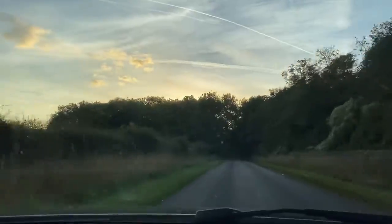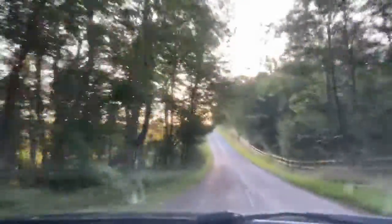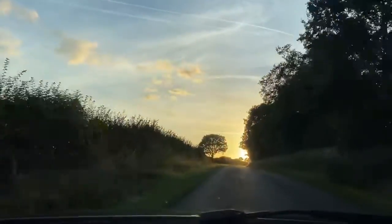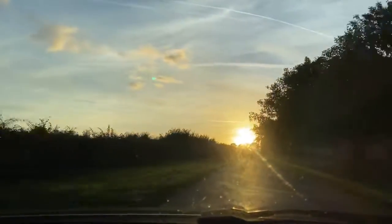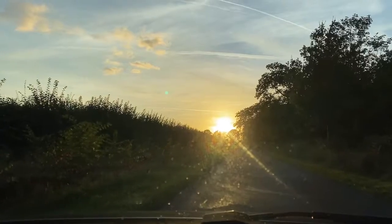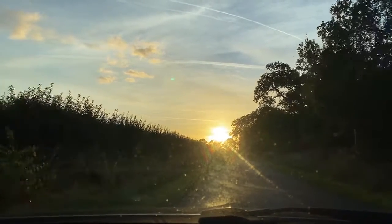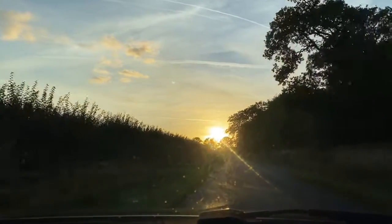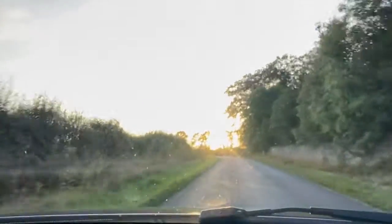I would say let's check the brakes, because from where I tested it previously, they are very firm, and there's no shaking, juddering or anything like that when you're on the brakes either. So I'm going to get up to a little bit of a speed, let's get to 60 miles an hour, and let's test those brakes to see how they perform here. There we go. So without doing a full emergency brake, that was actually very good. ABS kicked in ever so slightly, and that stops you from obviously locking up and sliding on,